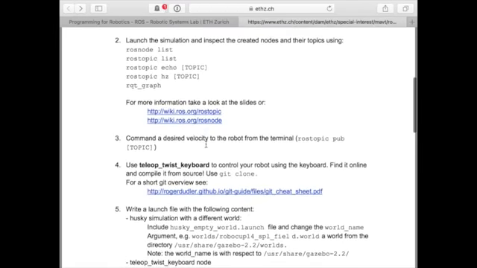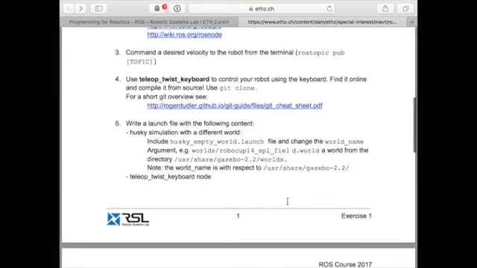Then play a little bit around with the rosnode and rostopic commands, such that you can really inspect what's going on. So see the topics, take a look at what are the nodes that are created, what is the setup, how do they interact and communicate. Then